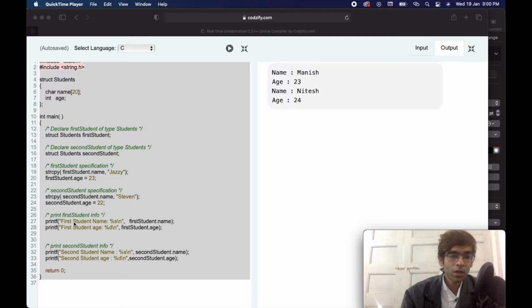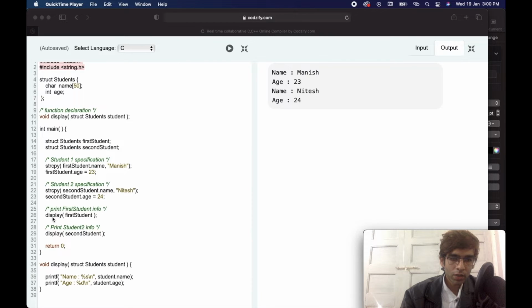Now we have printed the same details 2 times, like printf 4 times we have to write the printf. So suppose if we have to create one more detail of third student, and likewise up to 10 students we have to create the detail, so 10 times we have to write the printf function. So instead of doing that, we have created one function which will display these details. So here we have created the display function, which accepts the argument as student of structure type.